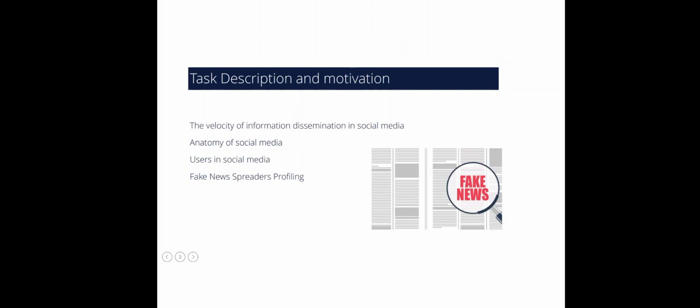But the thing is, using human beings to identify fake news and profile them on social media is far from reality due to the huge amount of data and the characteristics of social media text. So this gives rise to using computational methods for fake news detection, profiling, and the spread of them. And such methods are doing fairly well in recent works.